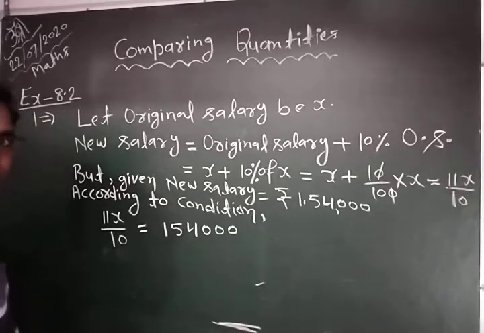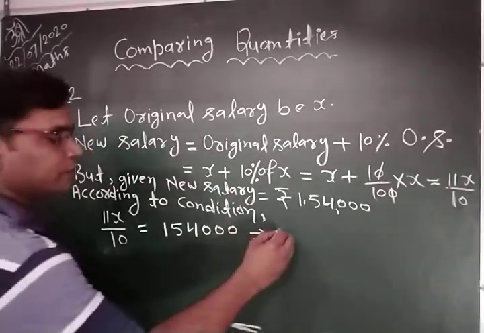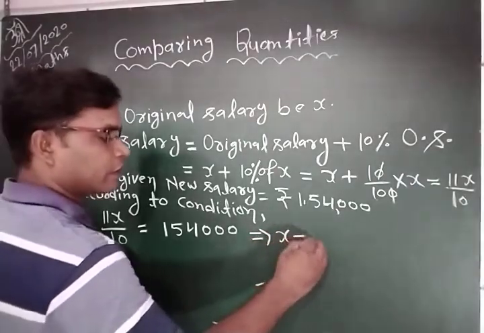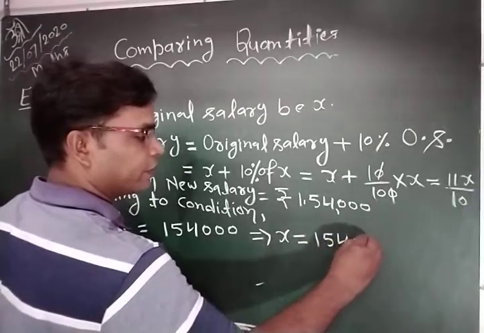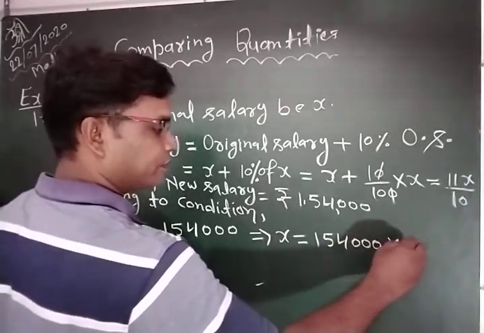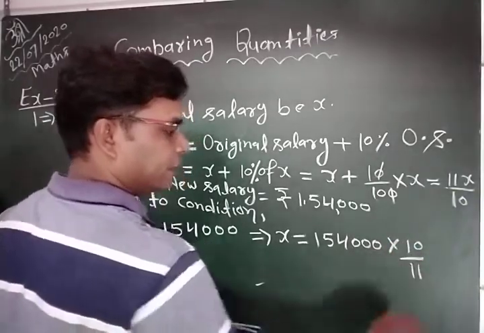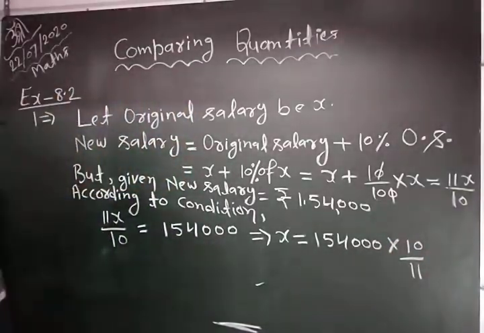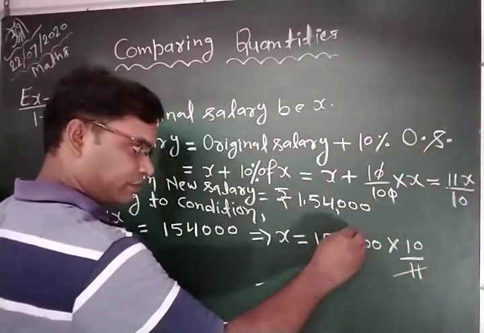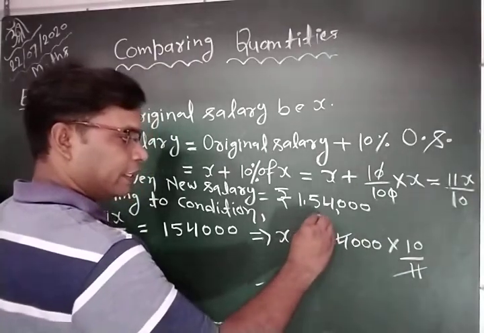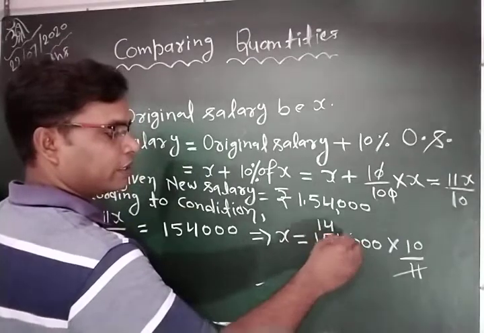Okay, so you can write here x is equal to 1,54,000 into 10 by 11. Clear? If you cancel it, 11 into 14 is 154,